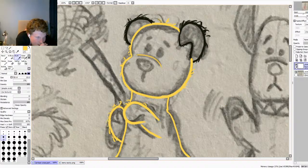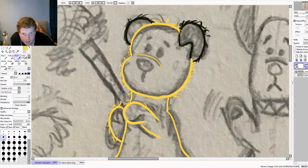And the best thing with doing characters like this is that you don't really have to be neat with Sooty because he's just a furry little actor. That's what he is. Doesn't really matter. You can have hairs overlapping onto the ear there. And if you look at the pictures here, he does kind of fluff out. He has a fluffy texture to him because he's a puppet. Looks a wee bit weird, but